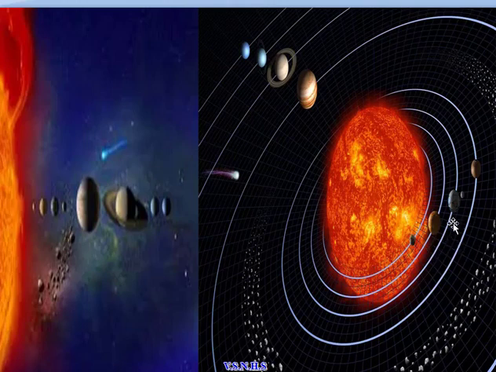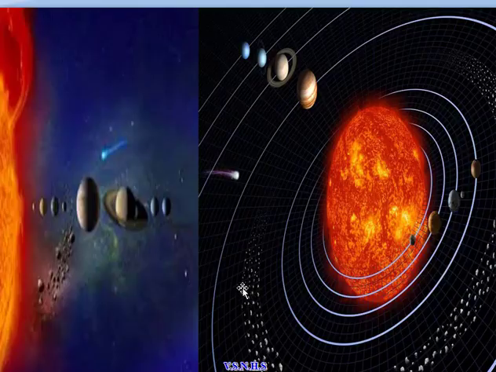This is our Earth, this is Jupiter, and in the second picture if you look very carefully, you can find some celestial bodies. These are the celestial bodies. So there are many celestial bodies. Those celestial bodies or heavenly bodies that revolve around the planets are called natural satellites. We also have one natural satellite, and the name of our natural satellite is Luna. And any satellite that revolves around any planet is called a moon.